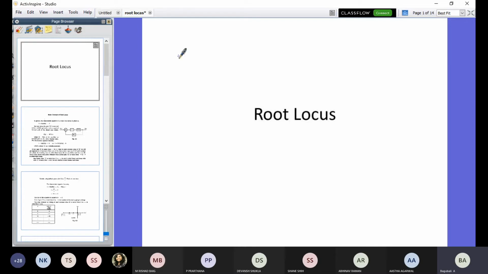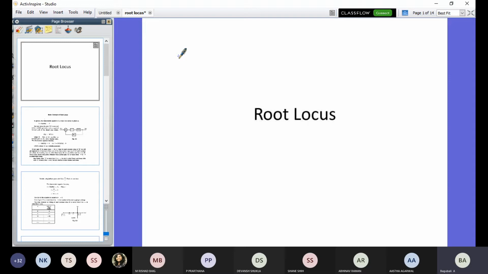Okay, as we discussed stability analysis in the time domain, in the last class we discussed stability analysis using the Routh-Hurwitz criterion. According to the location of the poles, or the location of the roots, we described whether it is a stable system, unstable system, or marginally stable system. Is it clear? And according to the range of k, I told you how to determine that. So the range of k also can describe stable, unstable, and marginally stable.